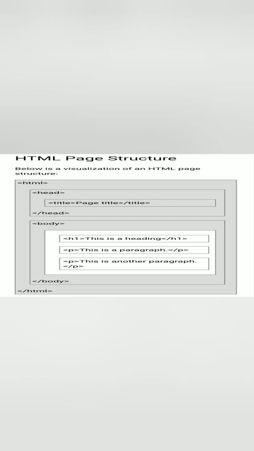Body has many attributes, which you learned about, like color, text, many more things. In the body, here I give the H1 heading tag, and P is the paragraph tag. Then I close the body, and in the end I close the HTML tag. That is the basic structure of HTML.